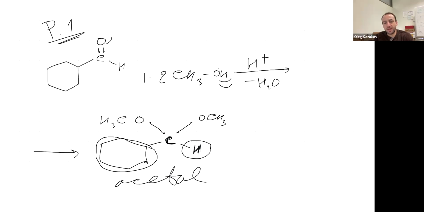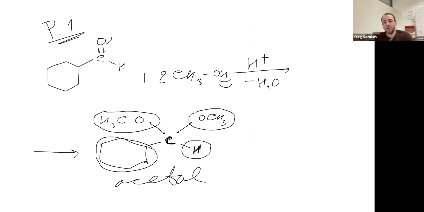Typically, that is contained to the central carbon. And then the central carbon also must contain the connections to two O-something groups, right? So here we have oxygen. Oxygen will be present in any acetal in these positions, right? And in turn, this oxygen will be connected to some sort of alkyl group typically,